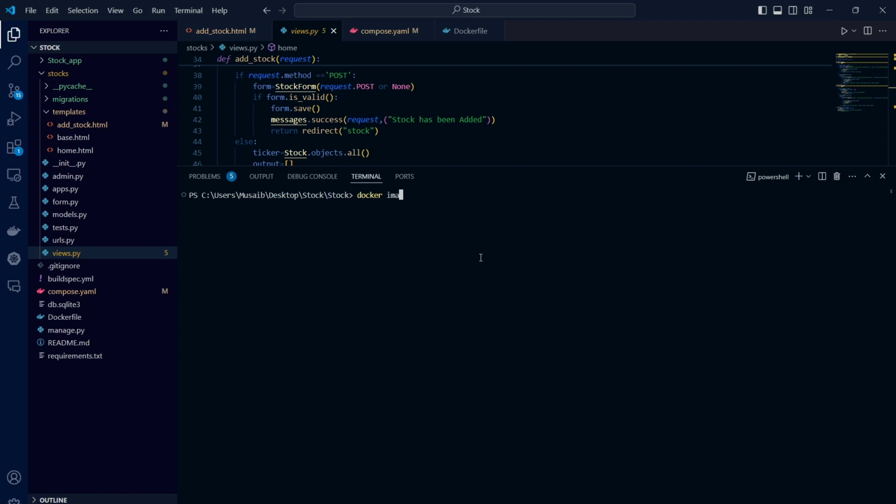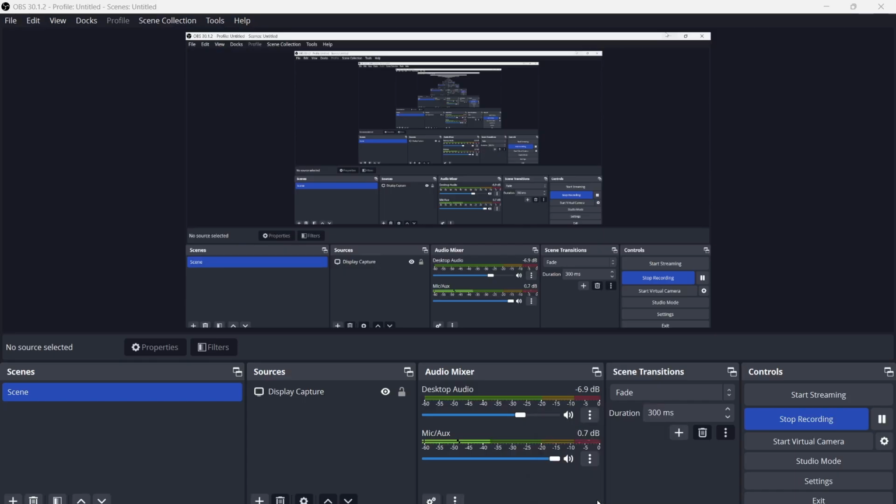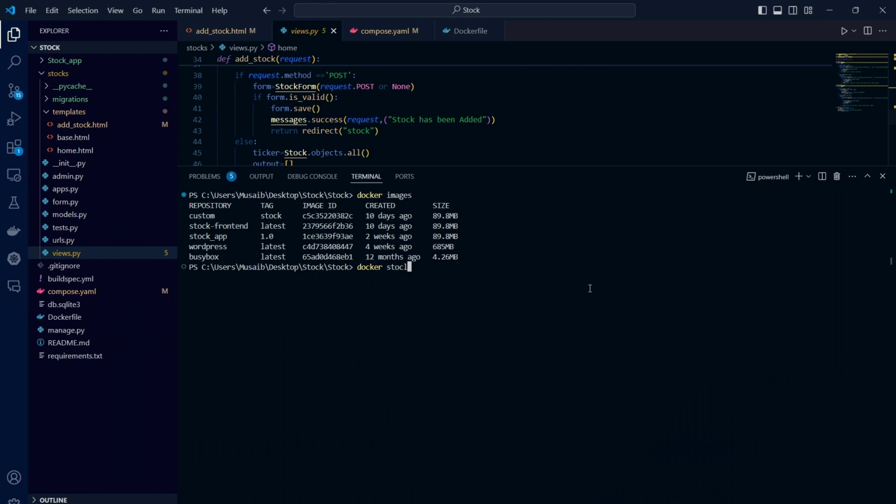Docker images. Now I have this stock app already created, so I will just show you. Then we have to tag the image, otherwise it will just look in Docker Hub and fail because I have this created locally. So Docker run,